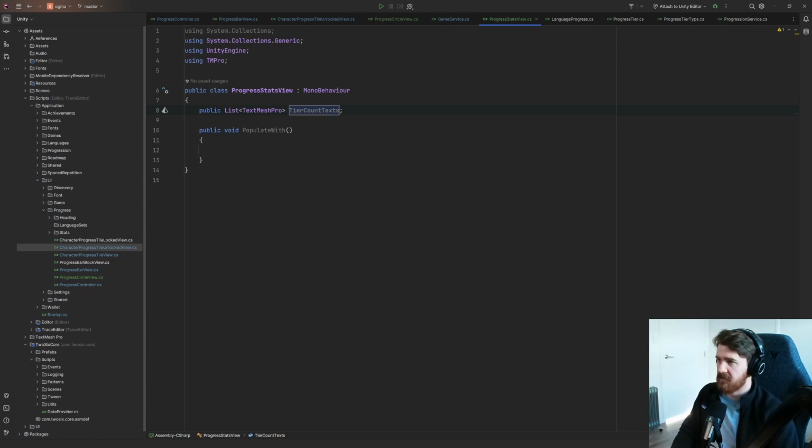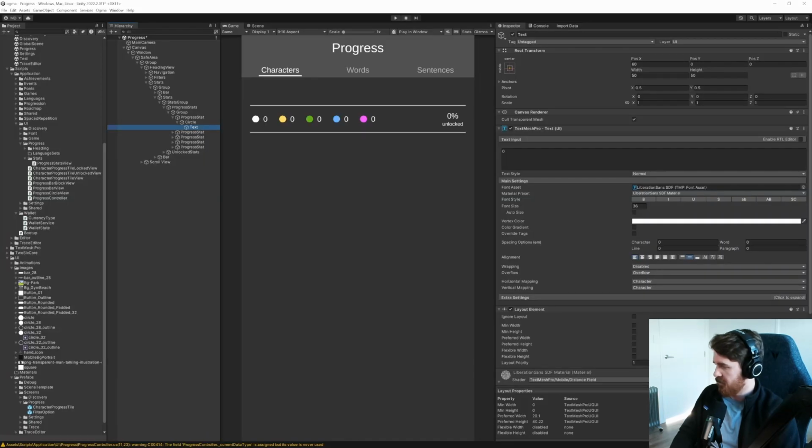So it's a count of each one, count of how many are in those tiers and their texts. And we'll populate that with information. We could probably, yeah, let's wire that up,